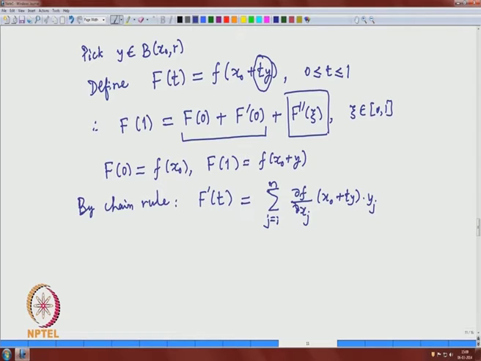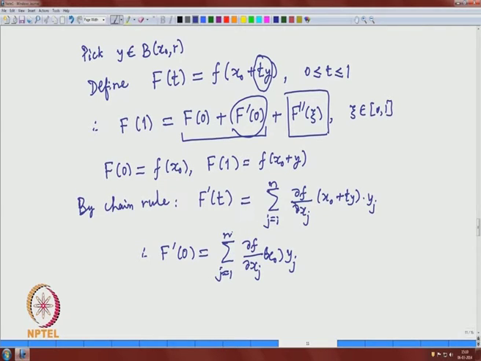We are interested in F prime 0. Therefore, F prime 0 is the sum of del f by del x j, t equal to 0 means just at x 0, times y j,